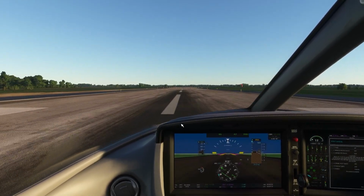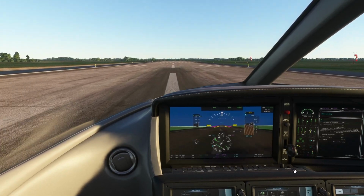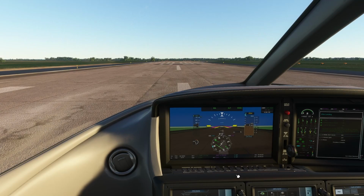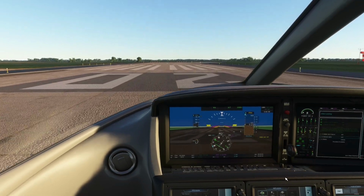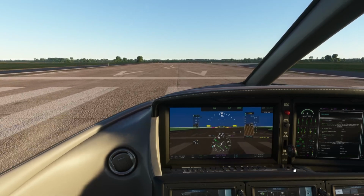Meanwhile, we can do the after landing checks with flaps up, wings off, engine as required, prop heat off, there it goes. External lights are required, we put landing lights off, there it goes. Brakes check, we check when we